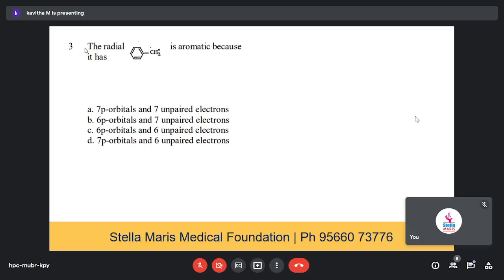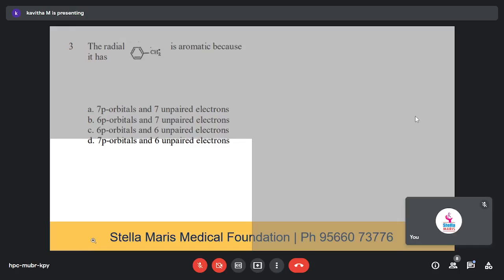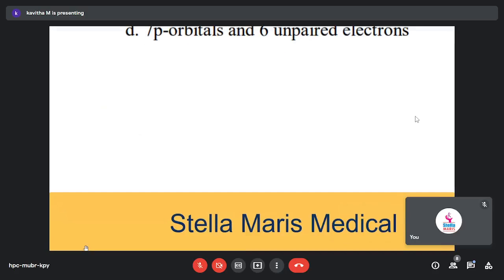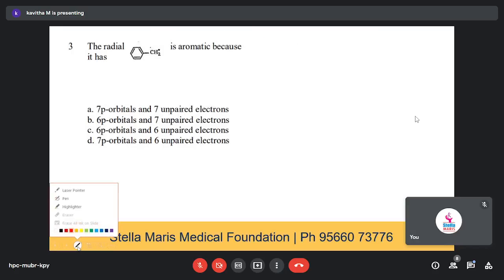One CH2 is outside the benzene ring, right? Yes, ma'am. That also has one unpaired p electron, the CH2 dot is there. That is, you have this one CH2 dot there, one p orbital is there, unshared. So the answer is